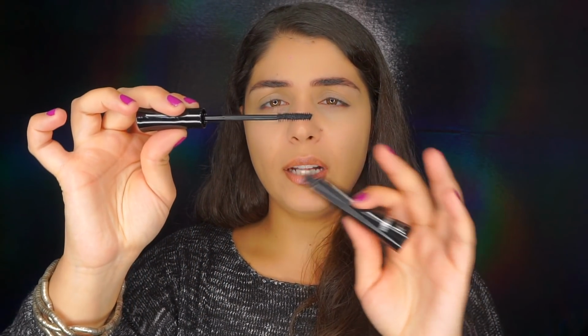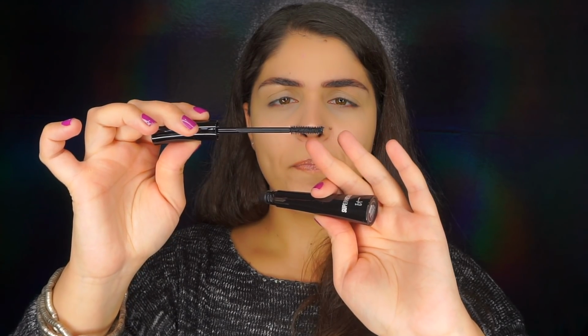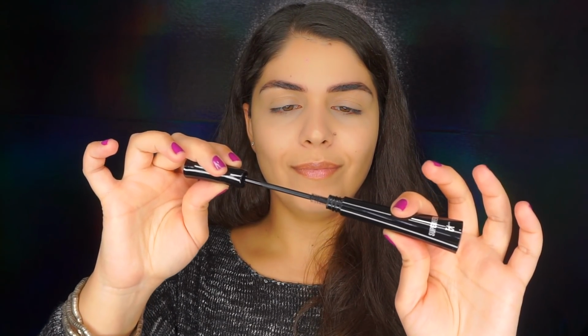Not bad. It's not bad. It's a rubber wand. It smells like mascara. Okay, so let's see if there's hopefully some kind of eyeshadow in this box. If there is, we'll apply that and then we'll top it off with this. So I'm gonna put this right here so we remember it. The next item is